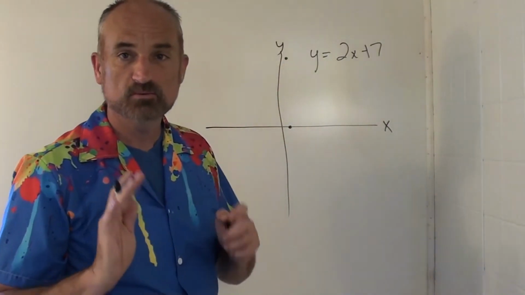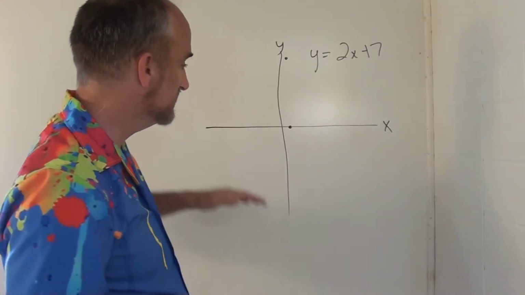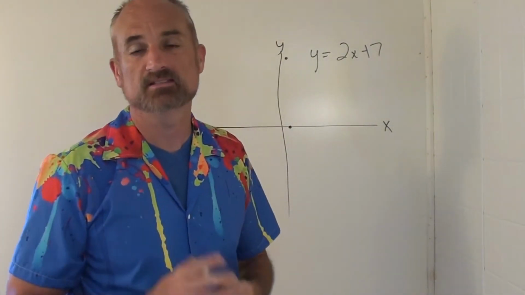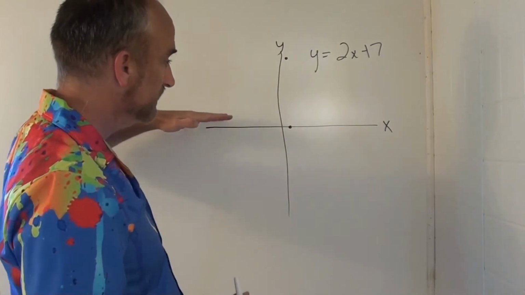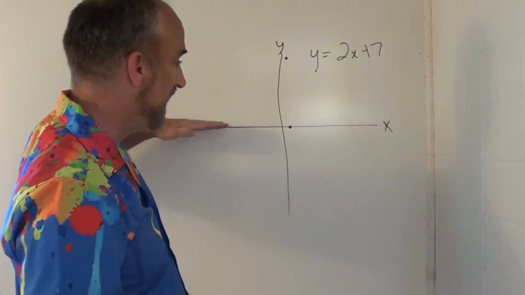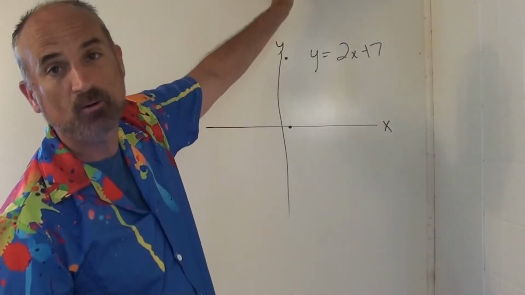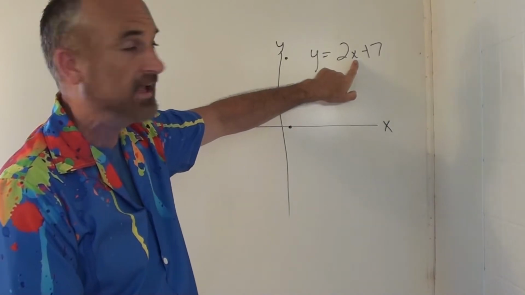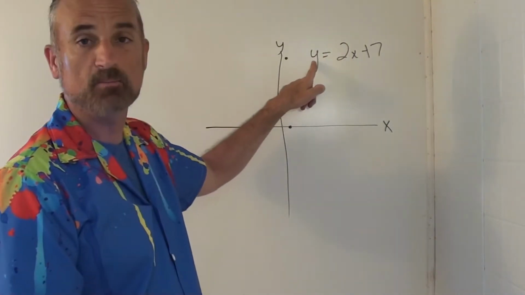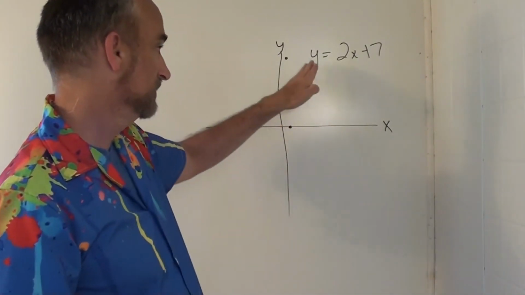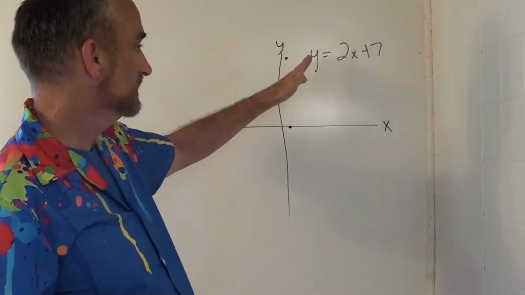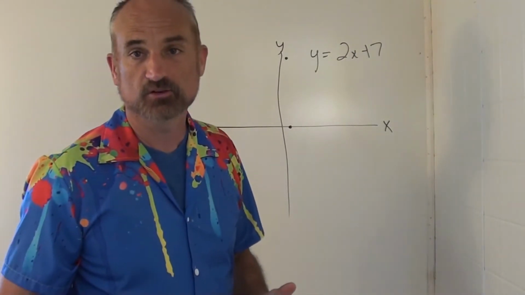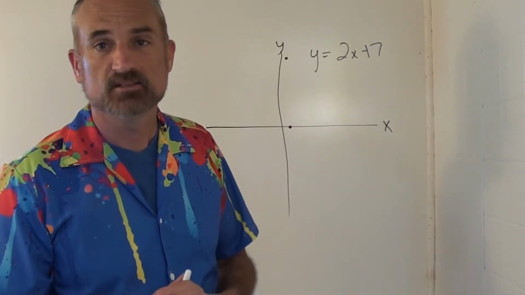But what I want you to understand is not only is the x the independent variable and the y the dependent variable, don't think about it as x and y at all. Think about it as this is my input value and this is my output. So I inputted a number here, 1, and it helped me get the output, the y value, or whatever the function of x is. Okay? So let's look at this in different terms. Like I said, it doesn't have to be x's and y's. It could be